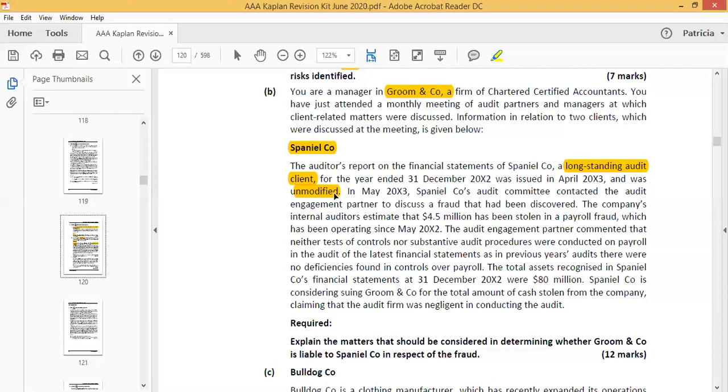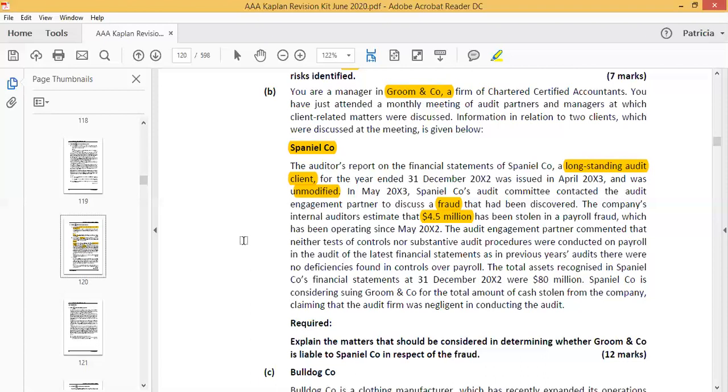In May 2003, Spaniel Company's audit committee contacted the audit engagement partner to discuss a fraud that had been discovered. The company's internal auditors estimate that 4.5 million, a lot of money, has been stolen in a payroll fraud which has been operating since May